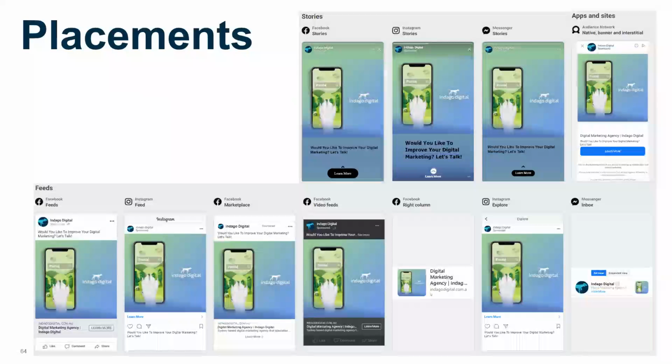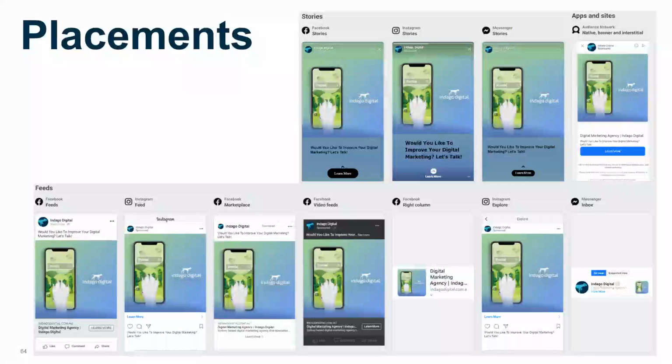In terms of placements, rather than the display definition of placement, these are the Facebook and Instagram placements. Not ad formats like previously, but just the way that they can appear in the different feeds, pages, marketplace, stories. And what's useful about Facebook and Instagram is that a single ad can be transformed into all of these placements with no extra input from the user. So we've got one headline, one description, and one image, and it's assembled all these different ads for every different place that can appear.